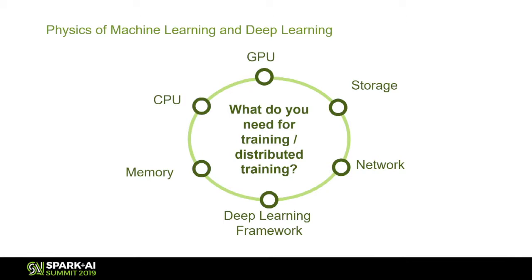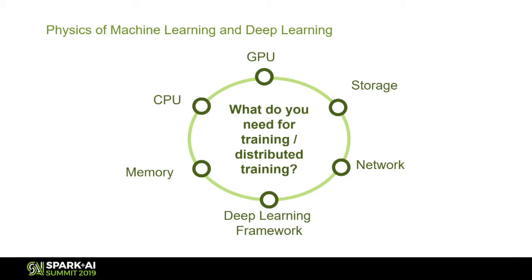So that's why the rest of this talk is about what are the different considerations one should have when thinking about building out a large infrastructure or getting the best out of the infrastructure that is already available, that is currently being used for big data processing. Before I get into the details on the infrastructure considerations, I wanted to spend a few minutes talking about different interconnect options available for communication between GPUs.